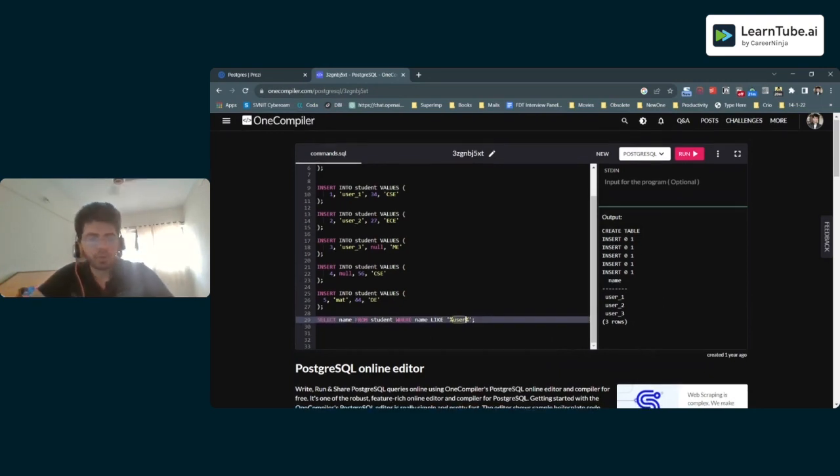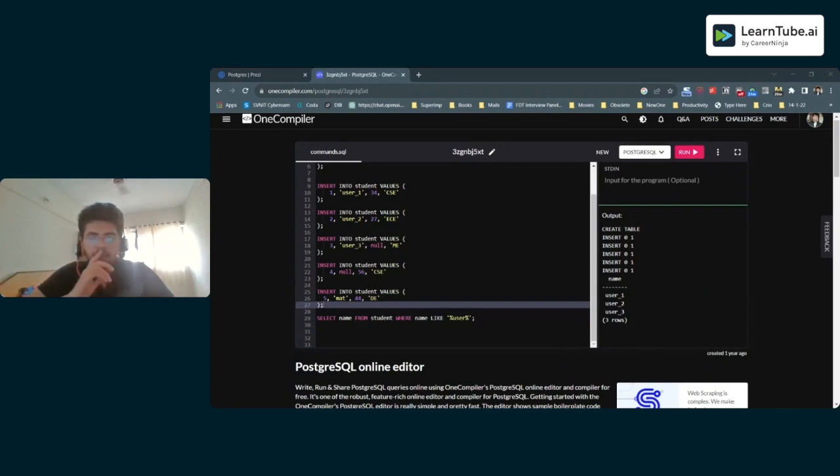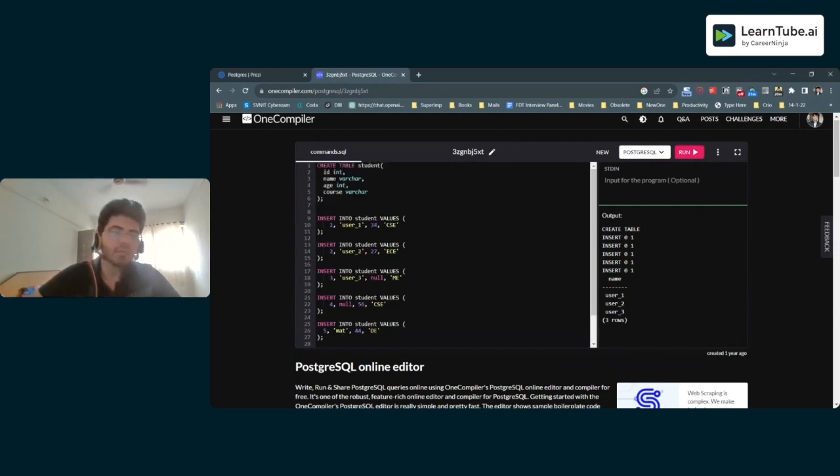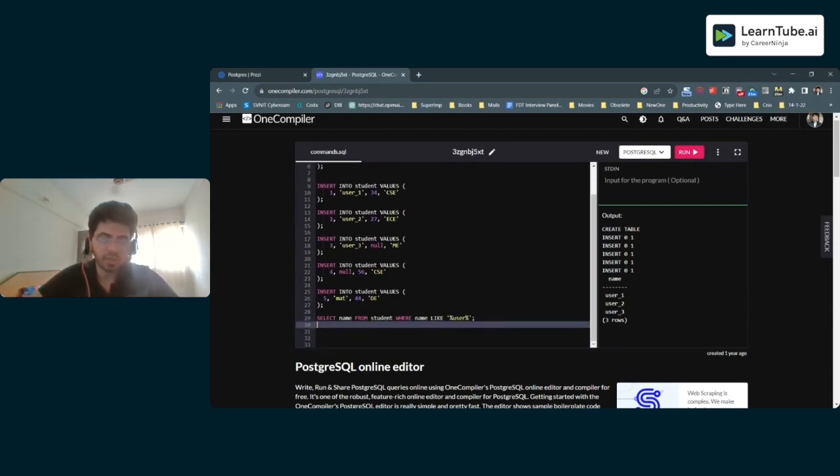Got it? So that was it. I'm very frequently referring to syntax here, and that is something that you are at liberty to do as well, because you don't really need to recall all the syntax. You only should be able to understand how all of these are used. However, some of the standard ones like select, insert, and so on, these are something that you should ideally know. Okay,